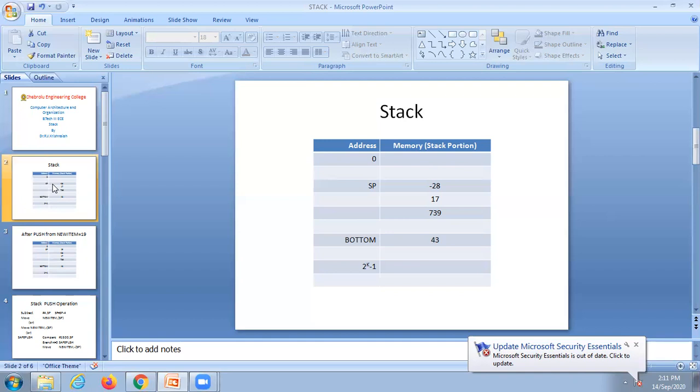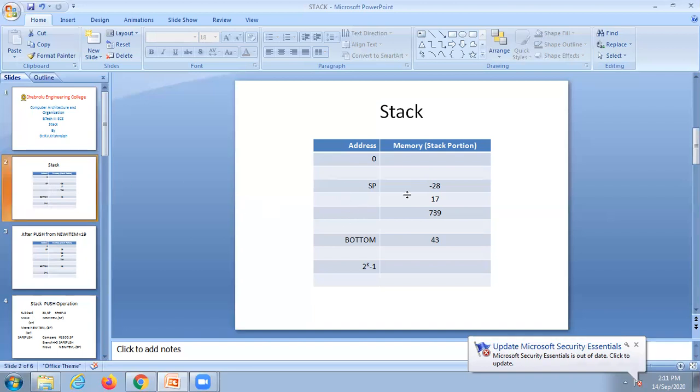Always the contents are to be stored onto the top of the stack, and from the top of the stack only do we take them back. That is last in, first out. Whatever data item we placed onto the stack last is to be taken out first. That is called last in, first out.